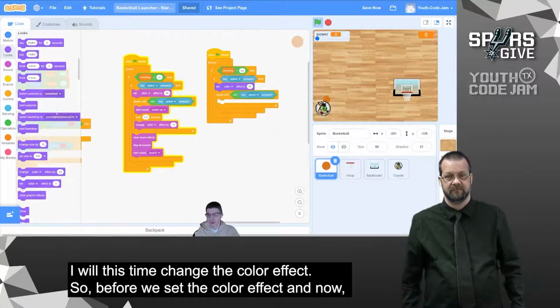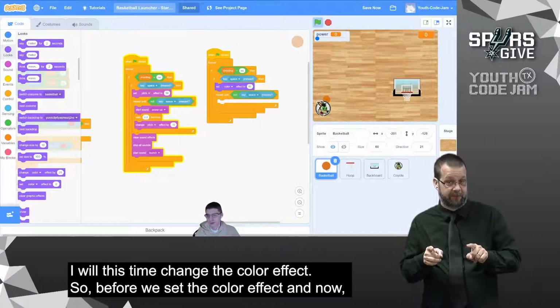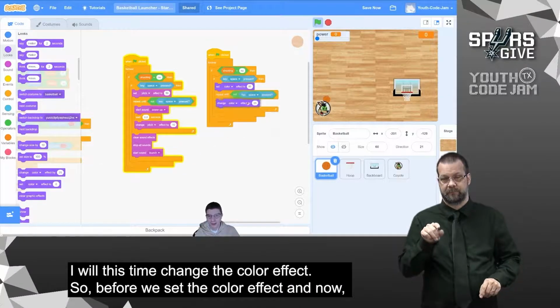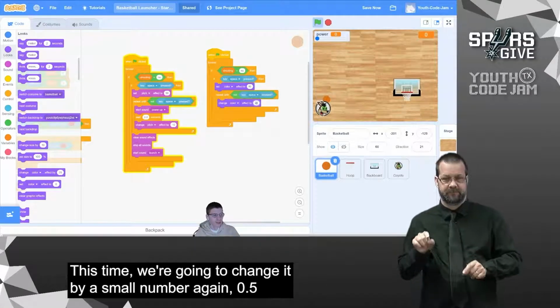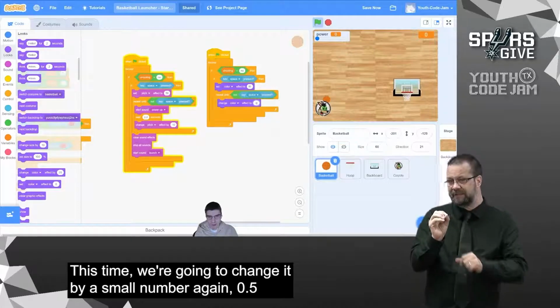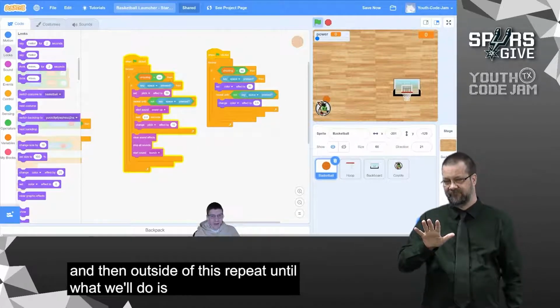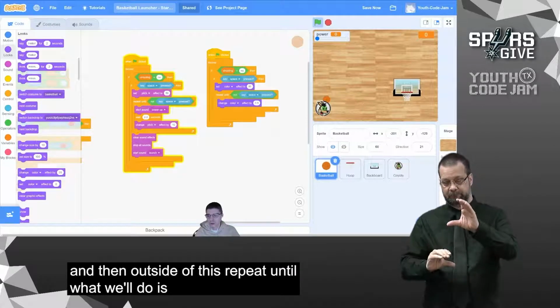I will this time change the color effect. So before we set the color effect, and now we're going to change the color effect. And this time we're going to change it by a small number again, 0.5. And then outside of this repeat until, what we'll do is